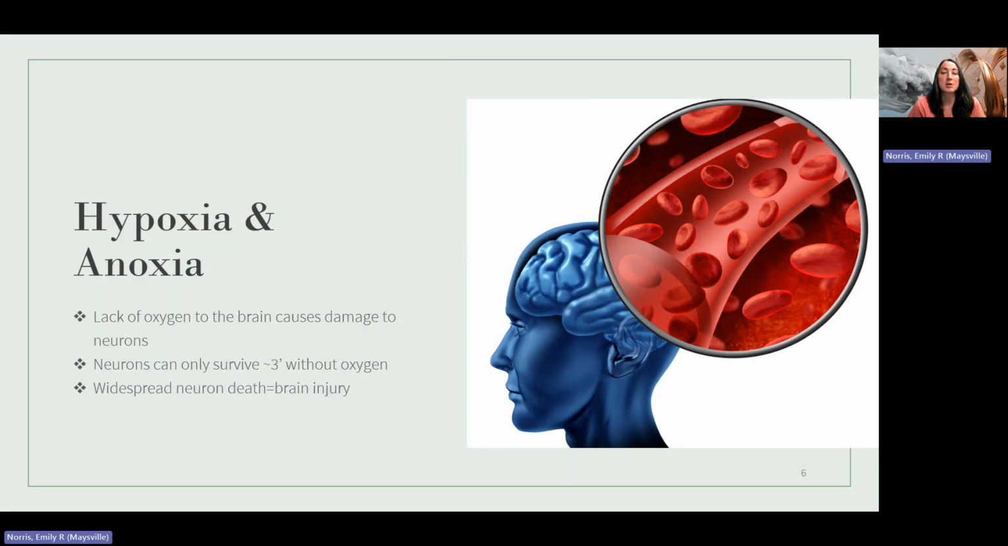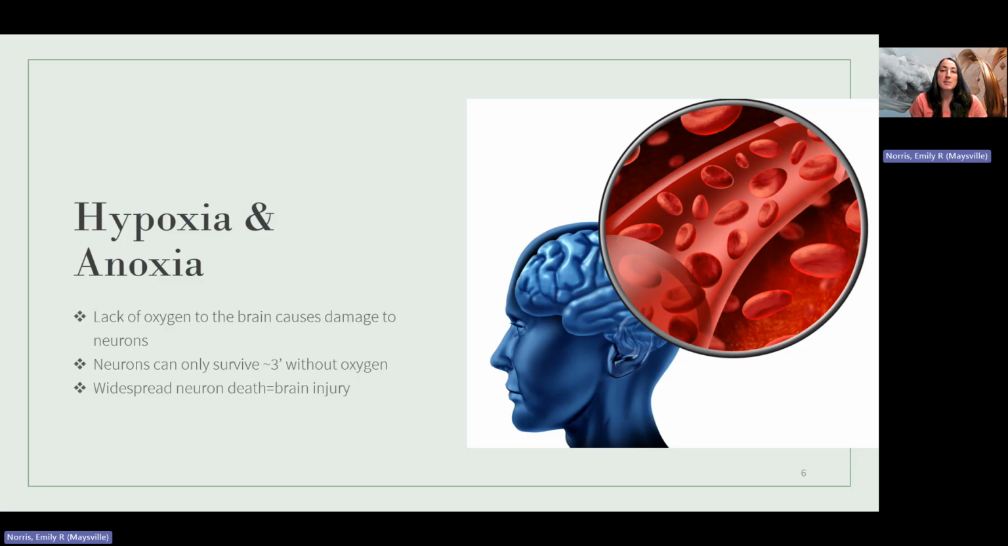Hypoxia and anoxia. So hypoxia is just decreased oxygen, whereas anoxia is a lack of oxygen, very similar. Both are causing a lack of oxygen to the brain, and that will cause damage. Anytime an area is not getting the oxygen it needs, damage will occur. So neurons in the brain can typically only survive about 3 minutes without oxygen before they begin to die. And if you are without oxygen for an extended amount of time, then typically there is widespread neuron death and